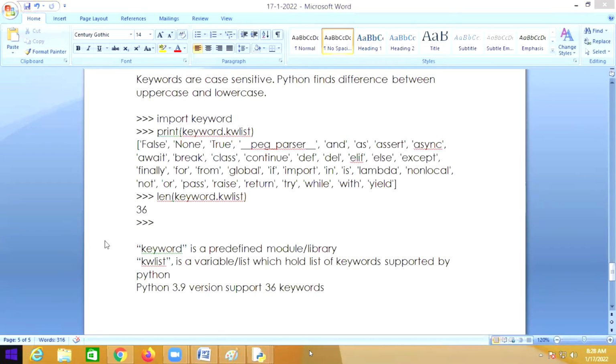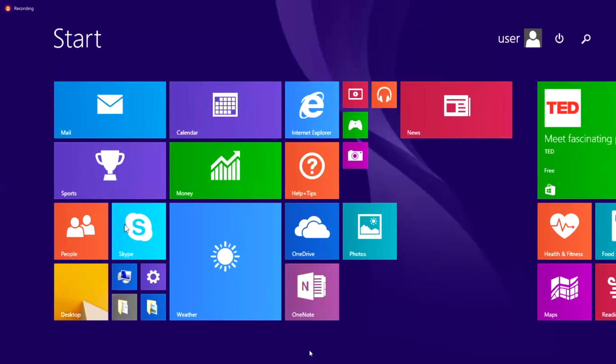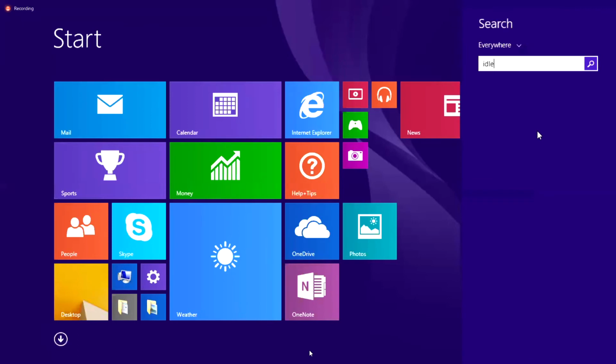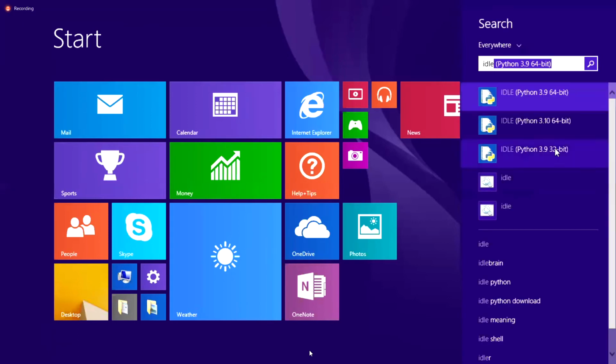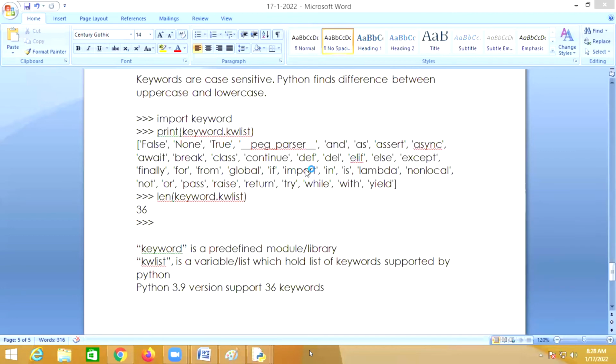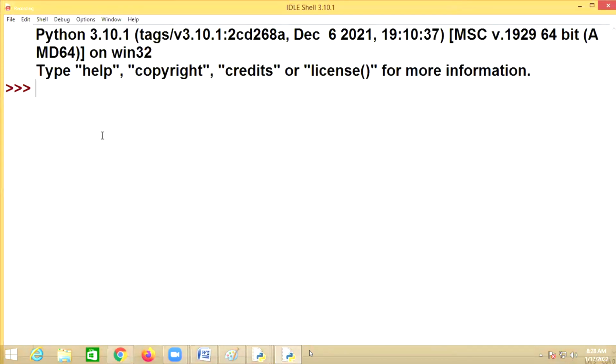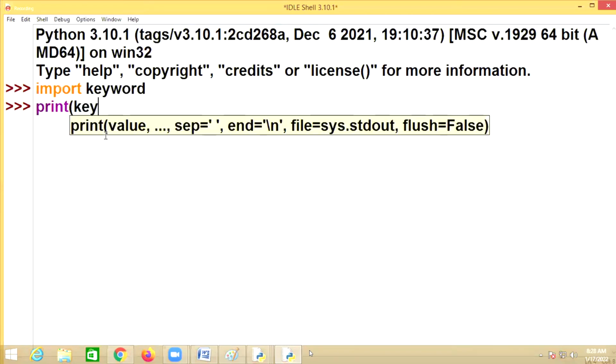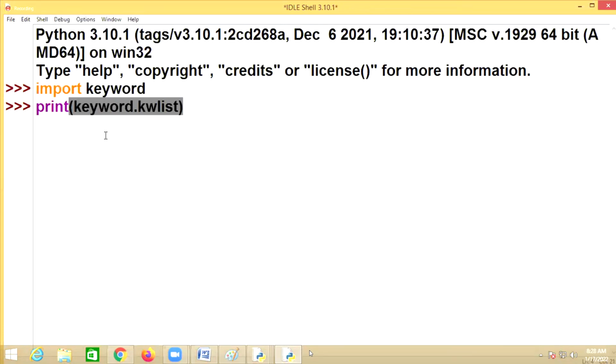So I tried to open Python 3.10 here. I'll say import keyword and print keyword dot kwlist.